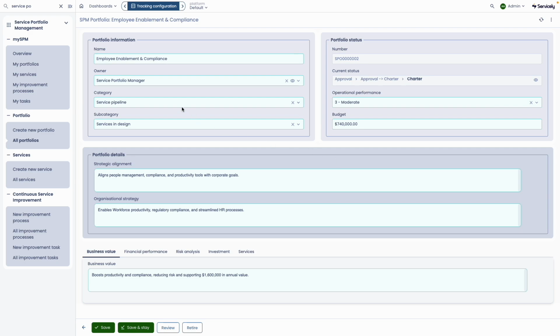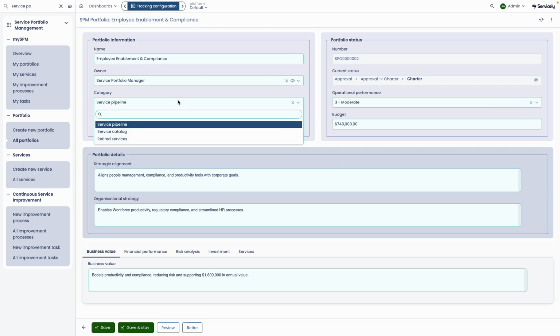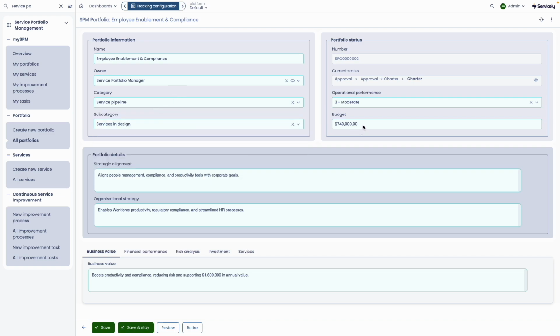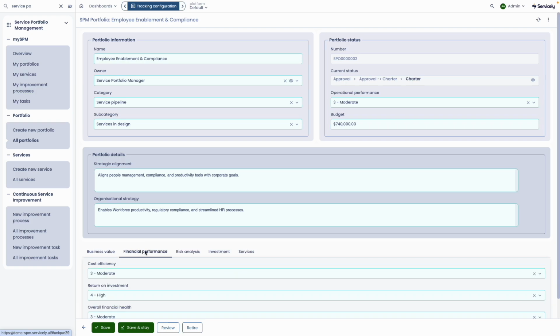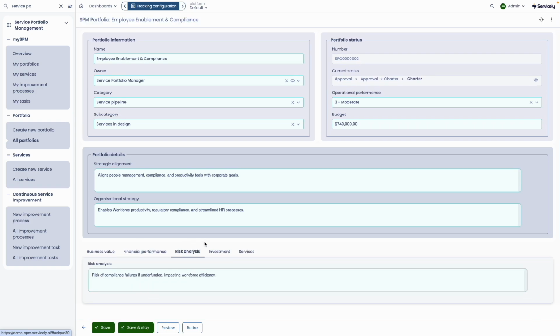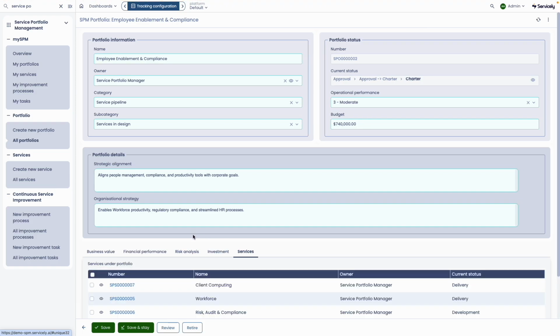We can also see the category of the actual portfolio. We can see the subcategories. We have a budget here. We have operational performance. We've got strategic alignment, organizational strategy, and down here the business value, the financial performance that we're looking to achieve from this one. We've got the link here to risk analysis as well, the actual investment required,